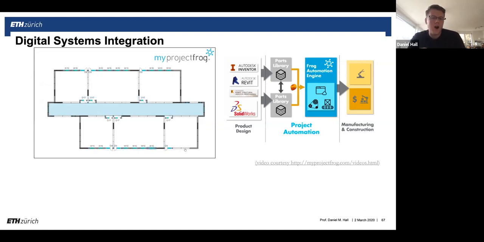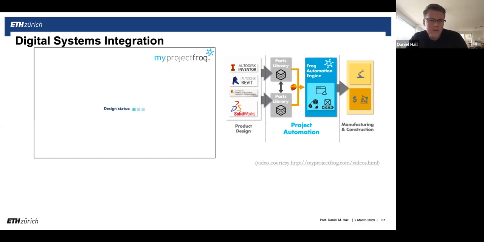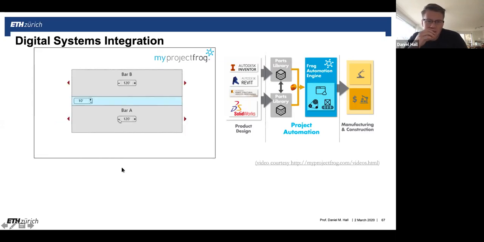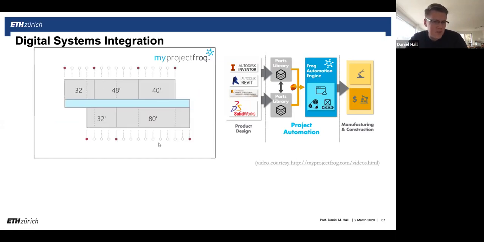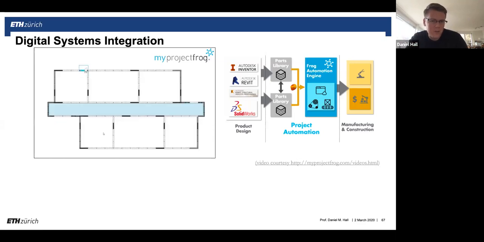And they made this tool for architects to design their school system, but then they also wanted to make sure the architects were taking consideration of the downstream rules. So I'll just show this video one more time. They wanted to make sure that the architects were not designing something that didn't match their suppliers, right? So they didn't want to promise that they could just change the manufacturing process. They wanted something that matches the rules of their suppliers. They also wanted to make sure they matched the local codes. So they made sure that the codes and the seismic requirements and all of the structural engineering also goes into the system. So you have to place a certain amount of shear walls and things like this.